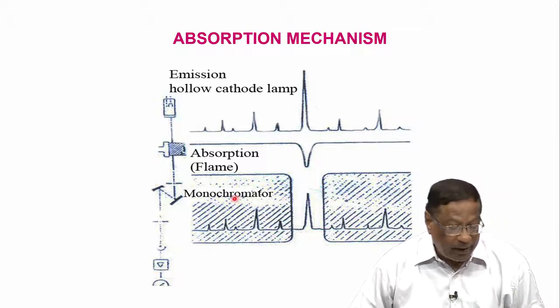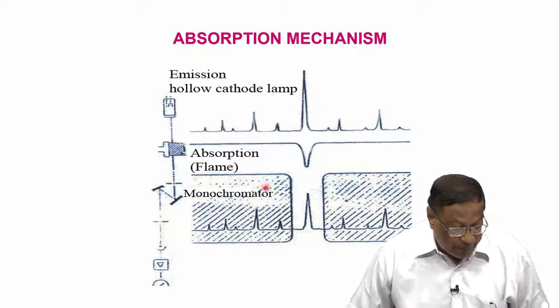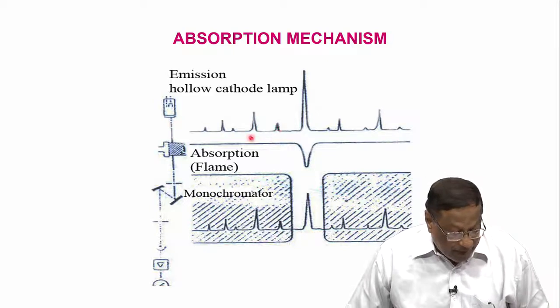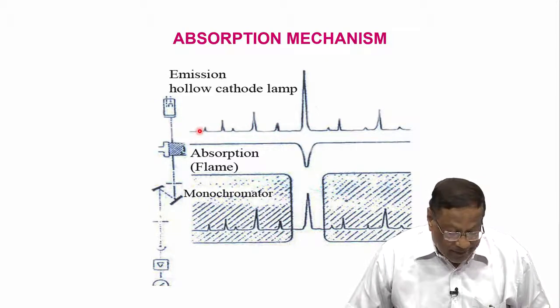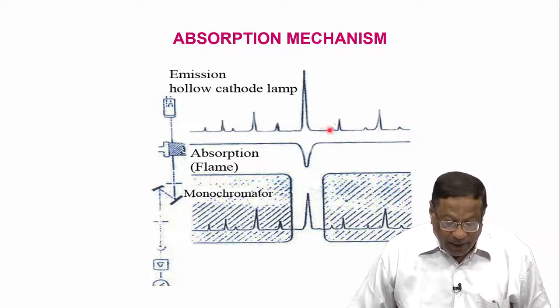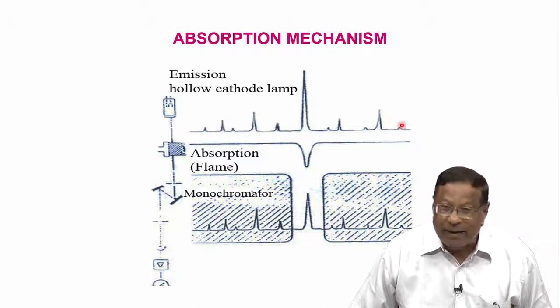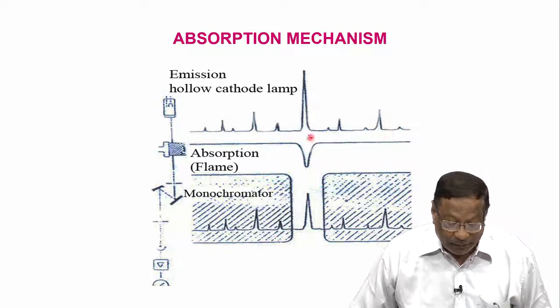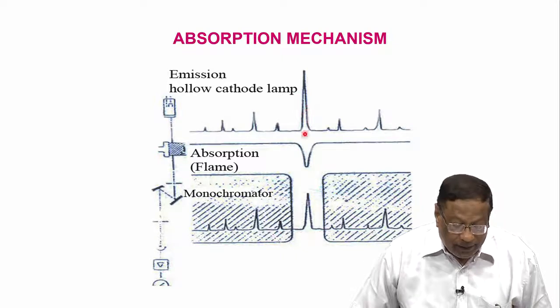So, what I need is a monochromator which can separate this line, this line, this line on the left side, and on the right side I do not want this line, this line, this part. The only thing I am interested in is this line,